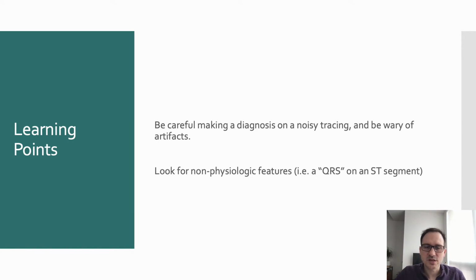The second learning point is if you suspect artifact in a tracing, look for non-physiologic features. So look at every QRS complex, look at all the leads, look to see, does it look physiologic? Is it too narrow to be real? Is it too wide to be real? Does it have an ST segment and a T wave? And certainly if a QRS falls on an ST segment of a QRS that you know is real, then automatically I'm very suspicious that it may be artifact. So use all of these tools and use all the leads available to you if you see a very noisy